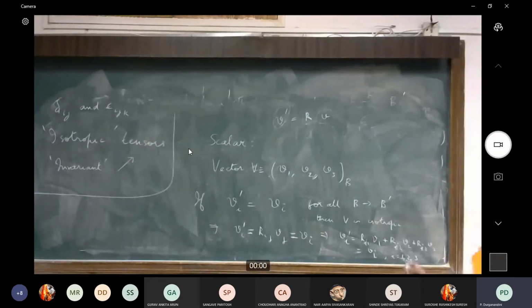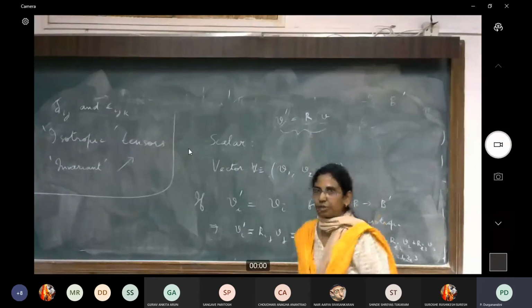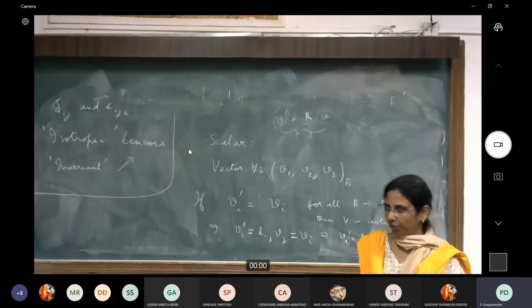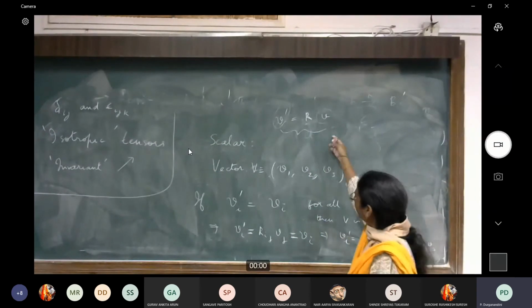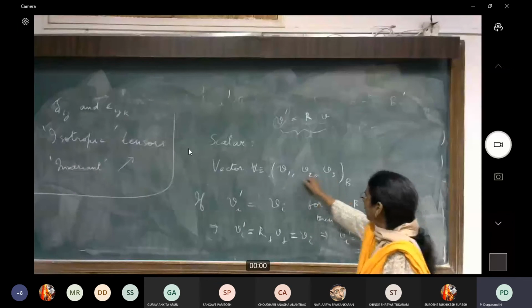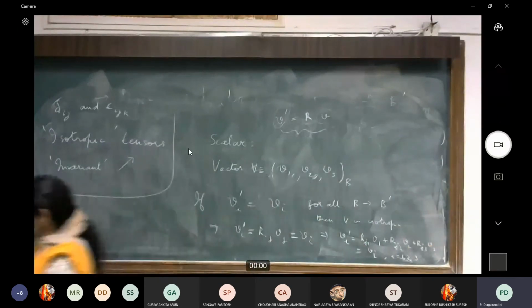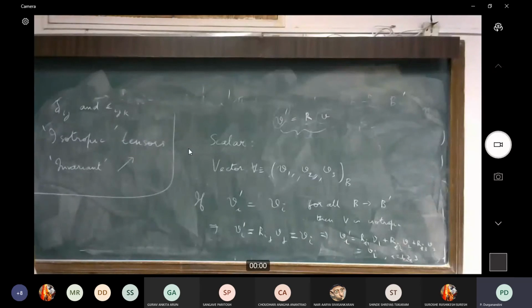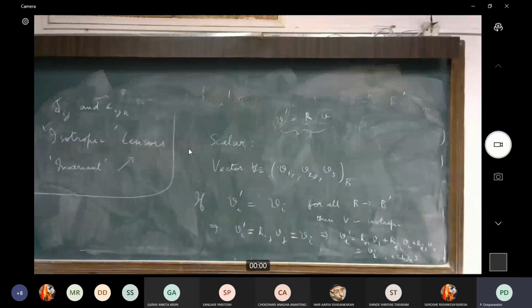Now what you can show is that this will be satisfied only if, given that your determinant of R is not 0, or determinant of R is plus 1, or even for minus 1, it will happen only in the case when v1, v2, v3 are identically equal to 0. Or in other words, an isotropic vector is only the 0 vector. So the most general isotropic vector which you can get is the 0 vector. So there's no other vector which will look the same in all directions apart from the 0 vector.